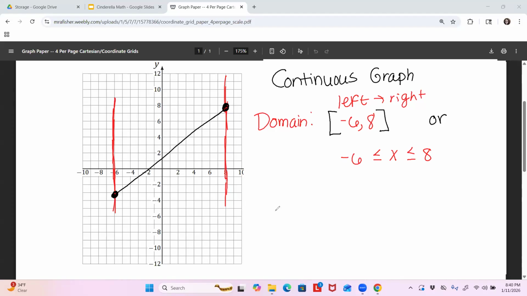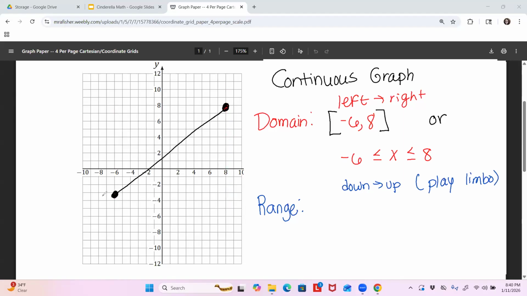Okay, how about range? So again, there's no way we can write down all those points. For range, you're going to look down to up. And my joke is you play limbo. How low can you go is what you ask yourself. Okay, so I'm going to take off these walls. Play limbo. How low did this graph get? And you're looking at your y value. So how low? -3, write that down, comma, how high? 8. And again, because of those solid dots, we will do hard brackets, square brackets,